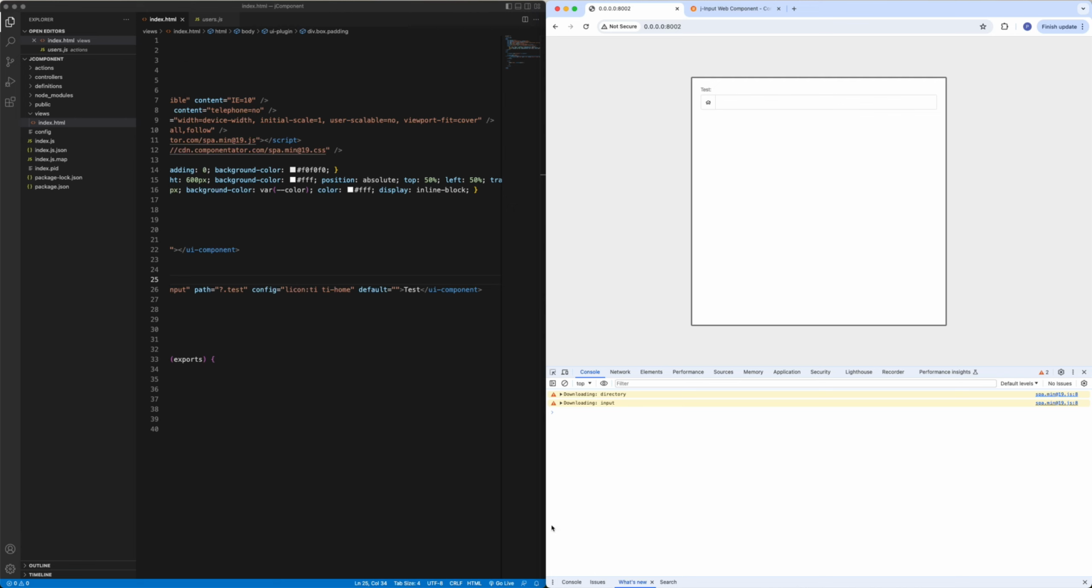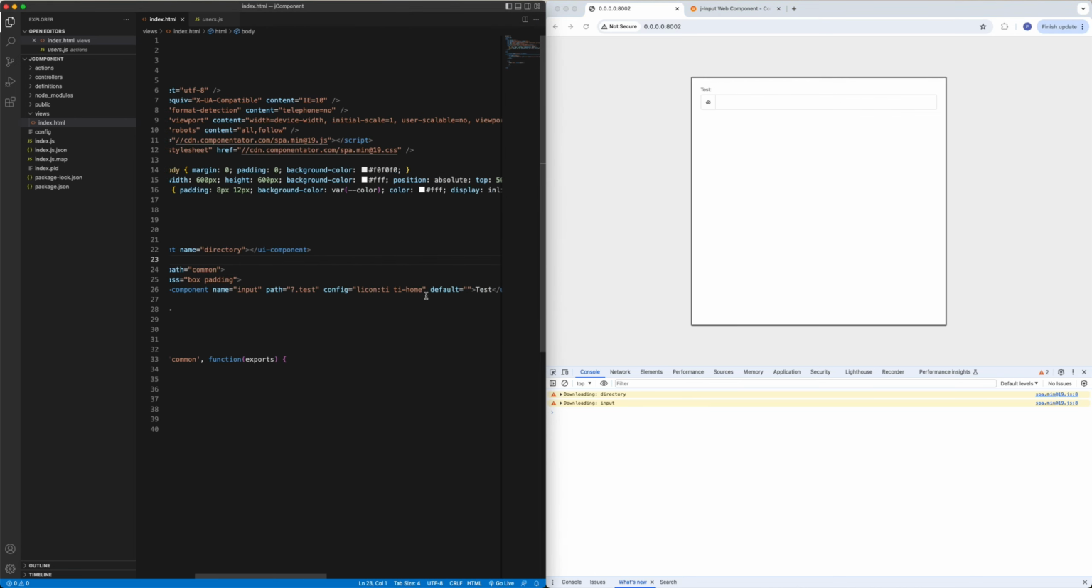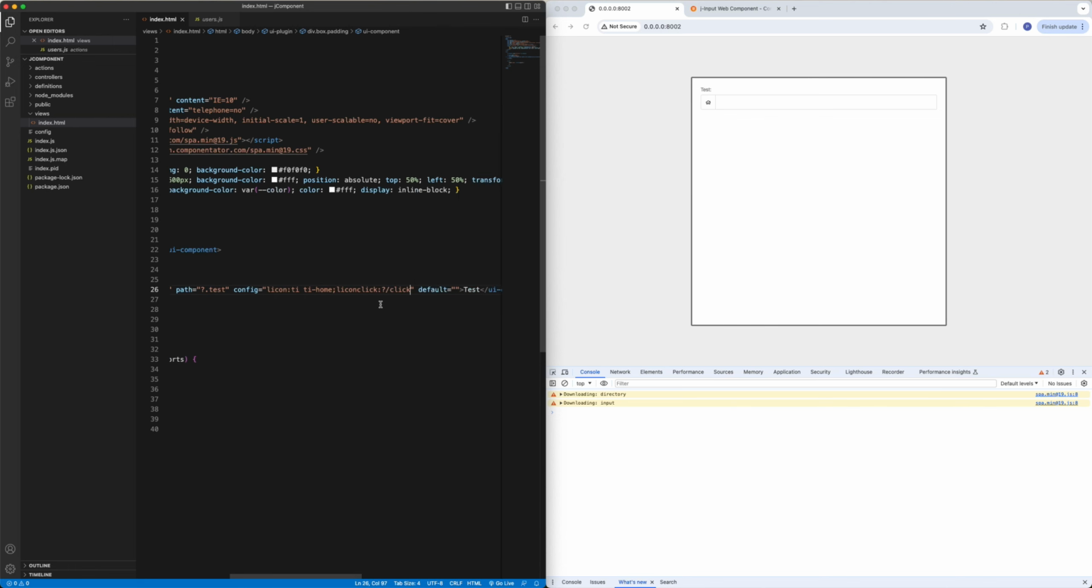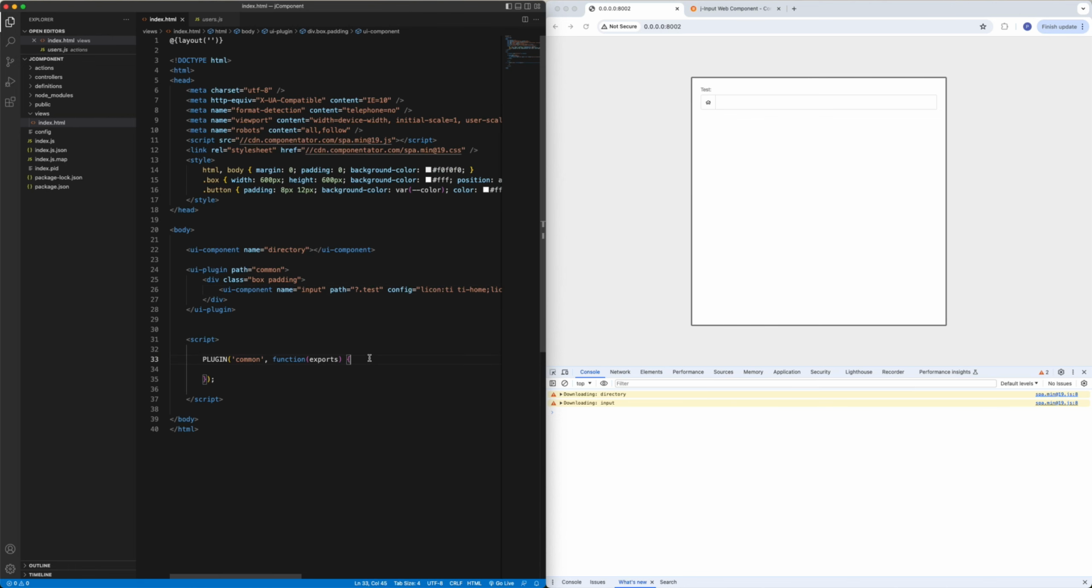If you want to invoke some function after clicking on this icon, you can do it with icon click, and I'll put here a name of a function, which should be invoked. So for example, click, and now I will create this function. So export